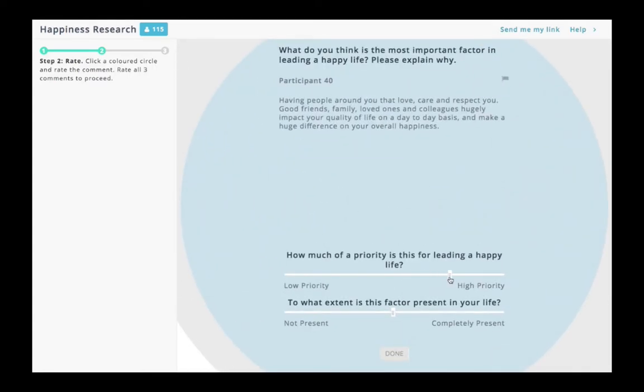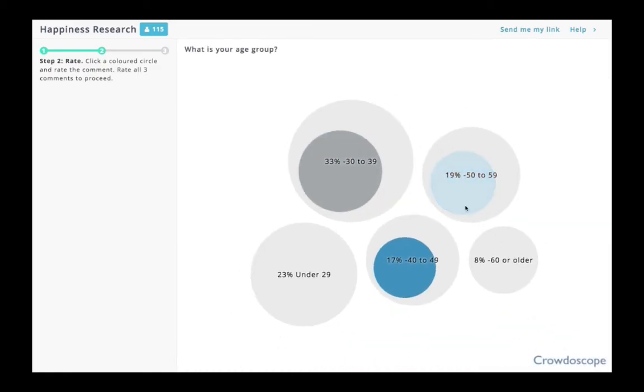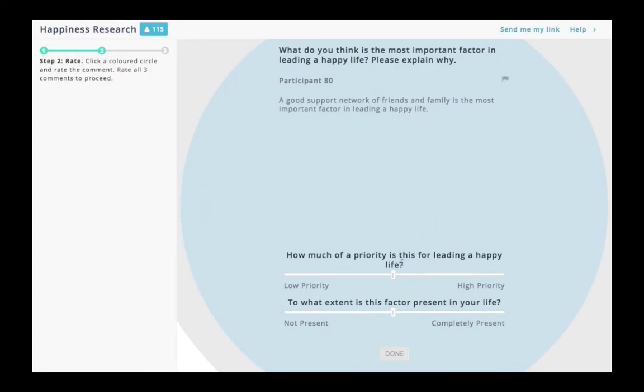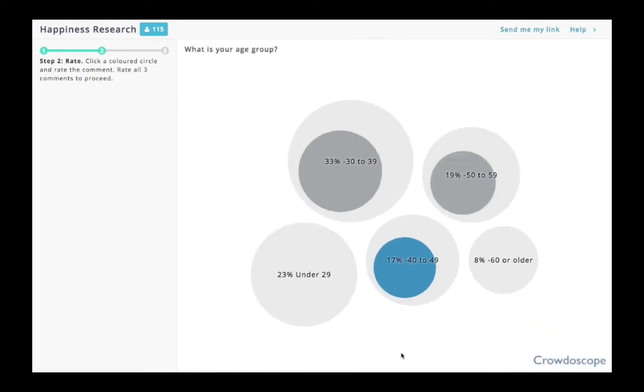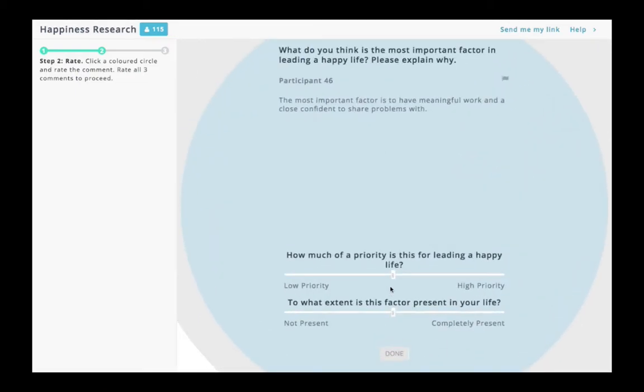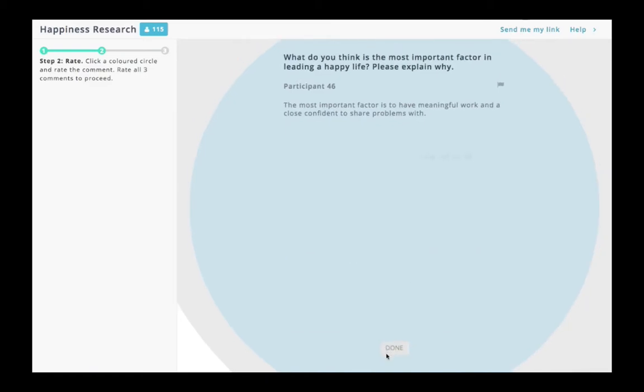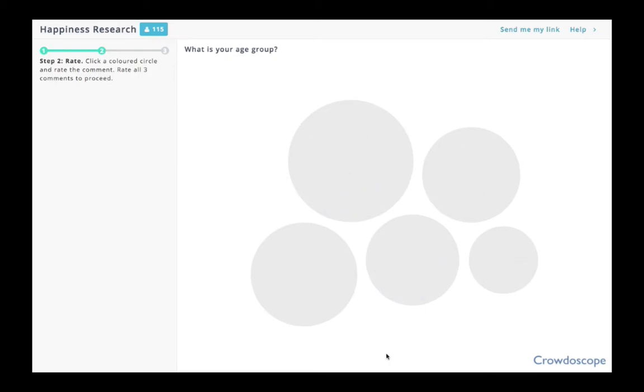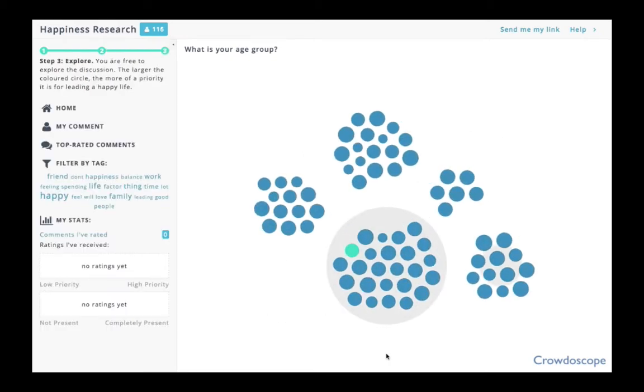So here we are in step 2. In this project, we're just displaying 3 comments to each participant. And the idea here is that the participant reads the comment and then rates it using these 2 evaluation criteria. Now we're trying to be a bit more sophisticated than just a simple like or an upvote button, because the problem with that is that you don't know what evaluation criteria people are using. So we're using a slider scale so we can be very accurate in terms of how we measure people's ratings